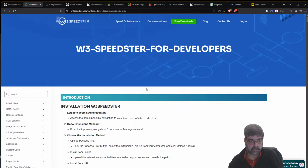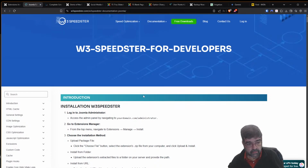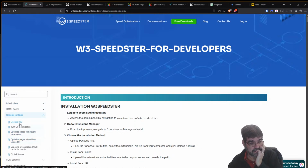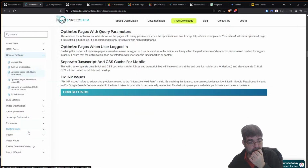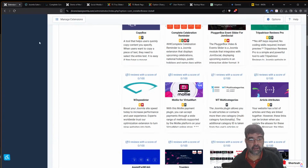Okay, mind seeing some screenshots here. General settings. Oh, okay, so they've got some settings here. Turn on image optimization. Okay, it's a very, very plain listing, but